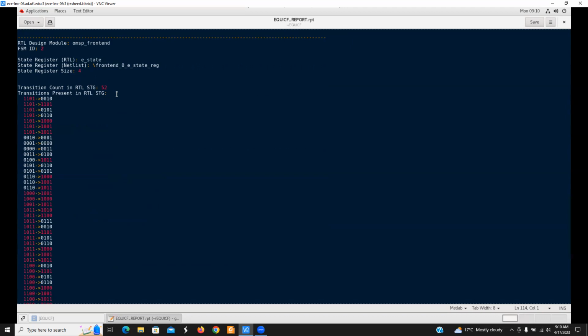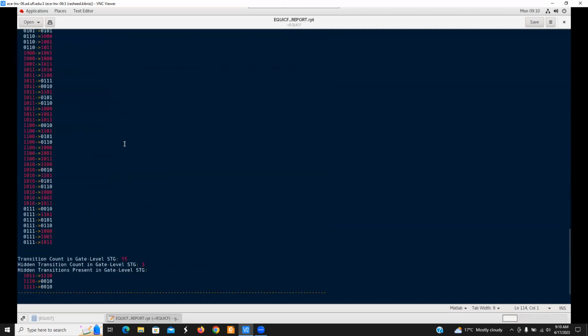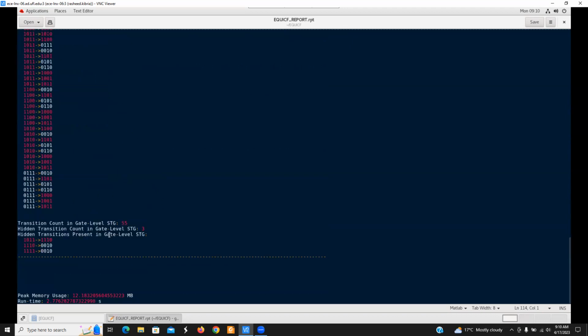There are total 52 transitions in the RTL STG. All of them are shown here. And there are total 55 state transitions in the gate level STG, with 3 additional hidden transitions in the extracted gate level STG. Finally, my tool also provides you the peak memory usage and also the overall runtime. So if you look here, this tool requires very low memory, and also it is very fast